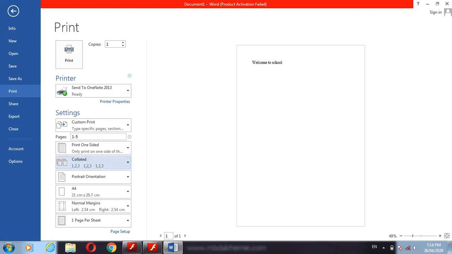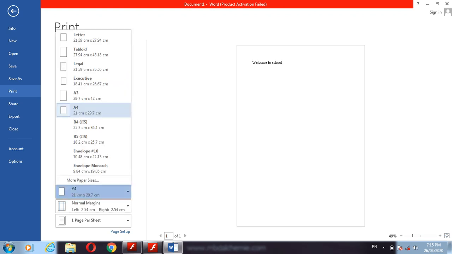Then collated means which kind of print you want, 1 2 3, 1 2 3, or 1 1 1, in this way. Then portrait orientation means if you want to print vertically, or if you want to print landscape, in this way we can change the size.